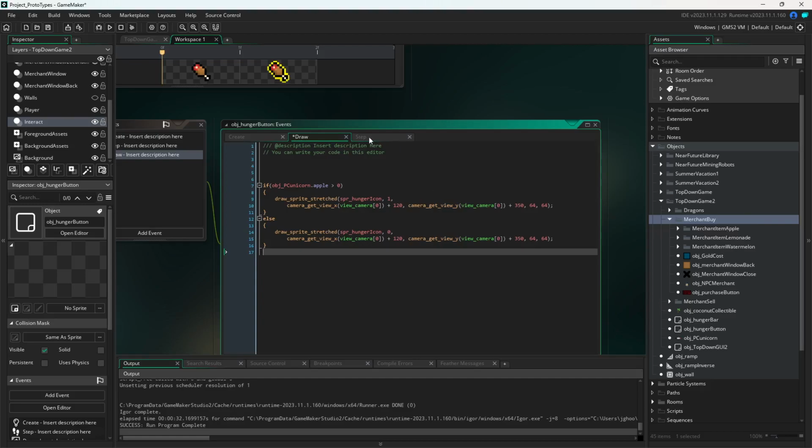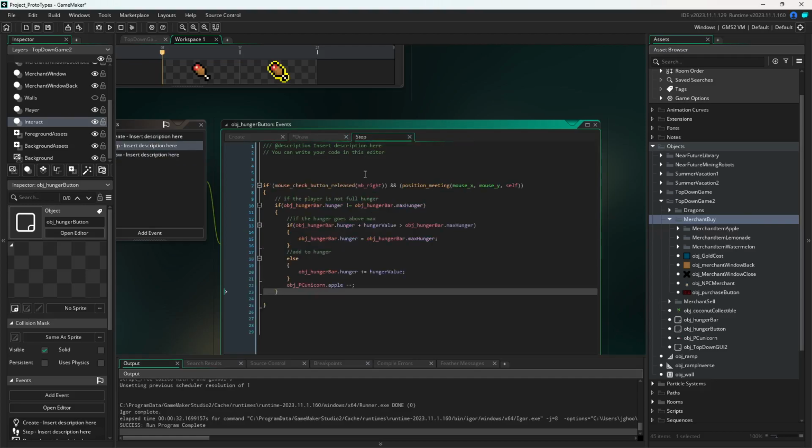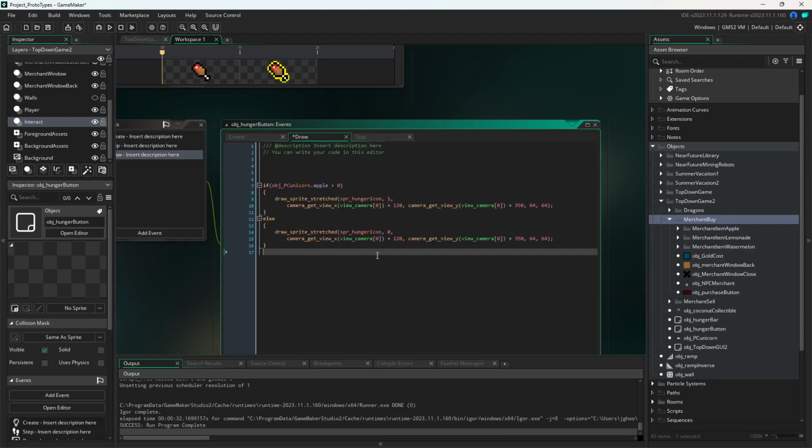Does it have something to do with the right click? I don't think so. So maybe